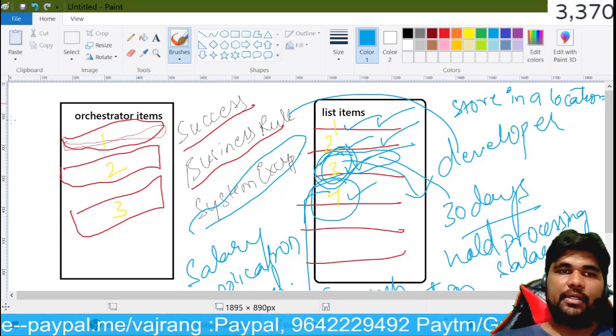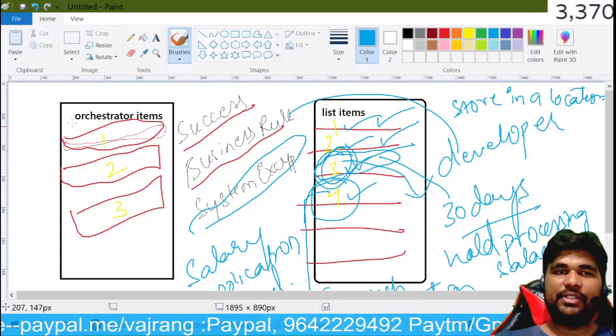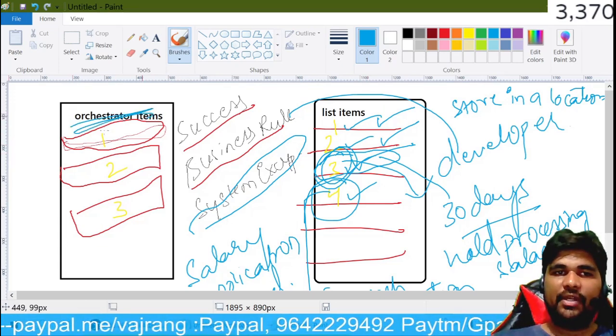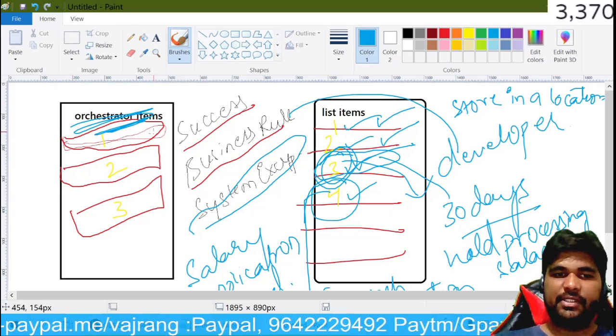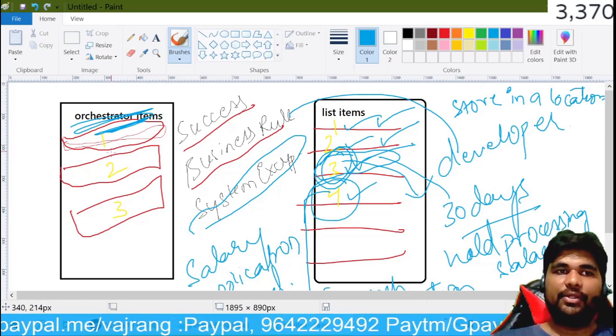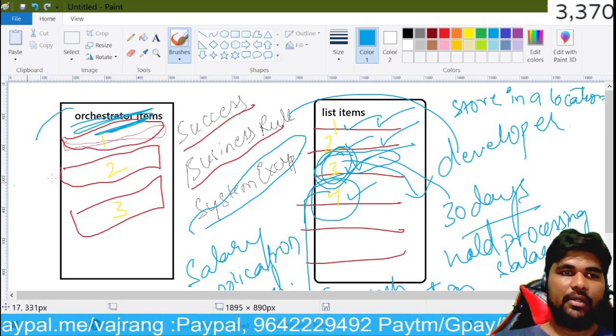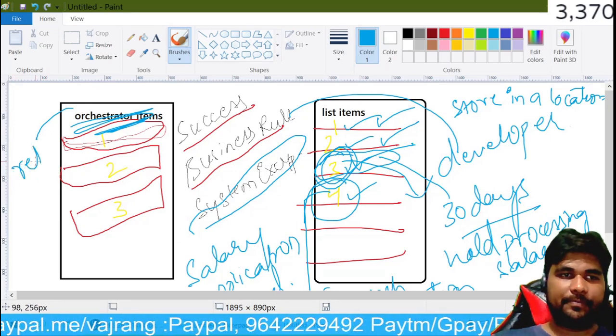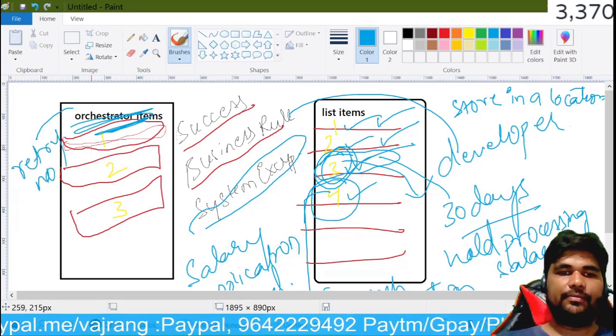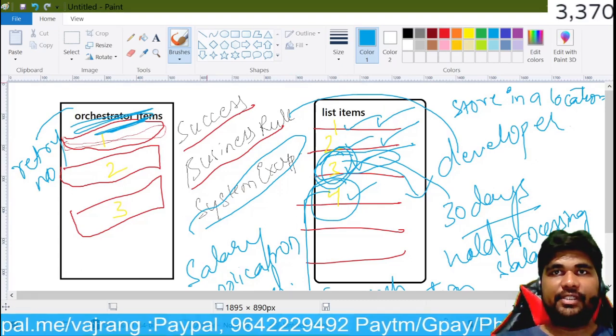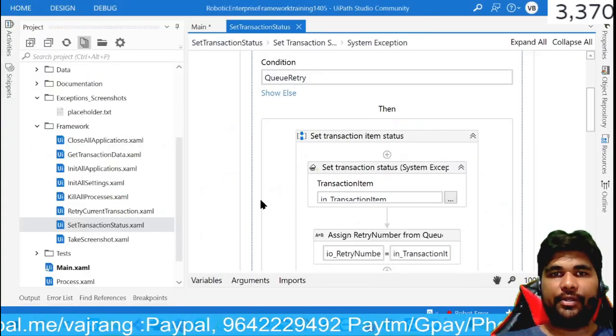The simple thing that we need to understand here is that when we are working on orchestrator items, this already has a key called retry number that you can see in here.